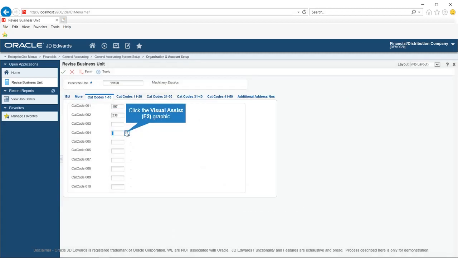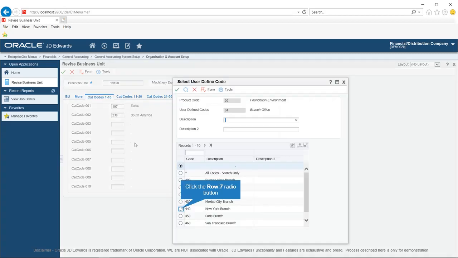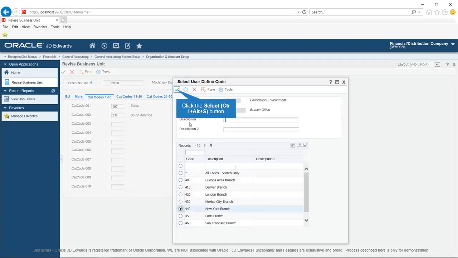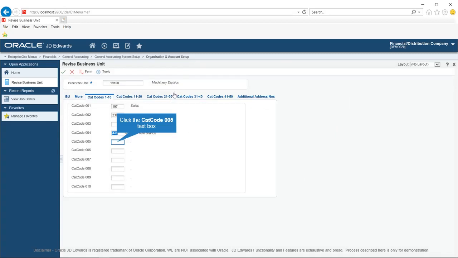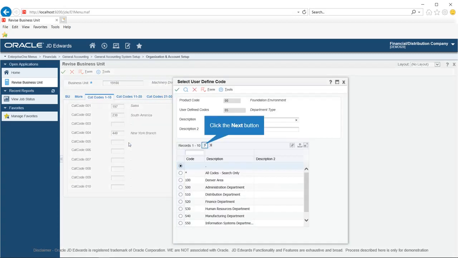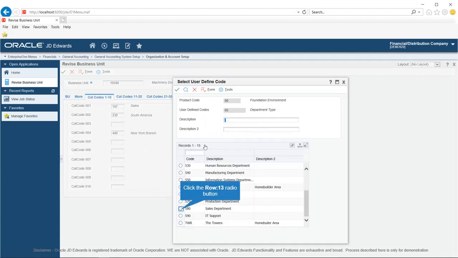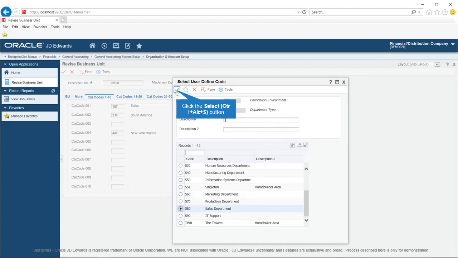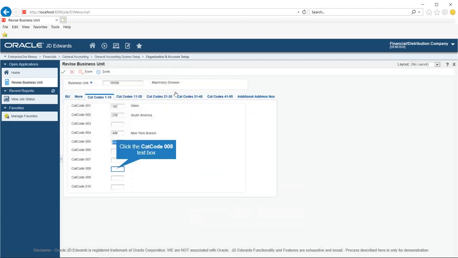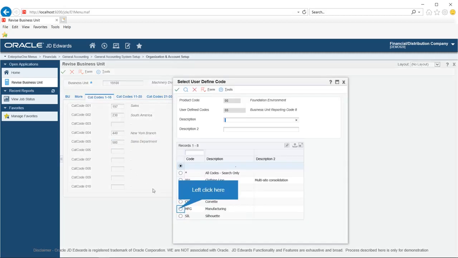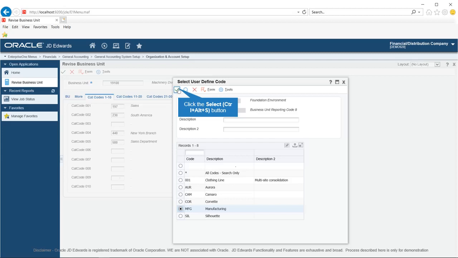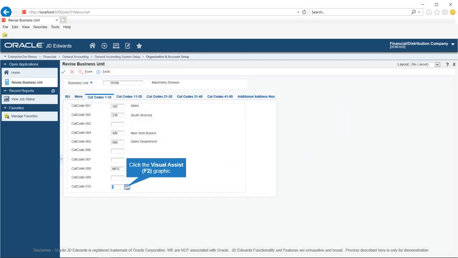Click in the category code 4 field. Enter the desired information into the category code 4 field. Enter 440. Click in the category code 5 field. Enter the desired information into the category code 5 field. Enter 580. Click in the category code 8 field. Enter the desired information into the category code 8 field. Enter MFG. Click in the category code 10 field.